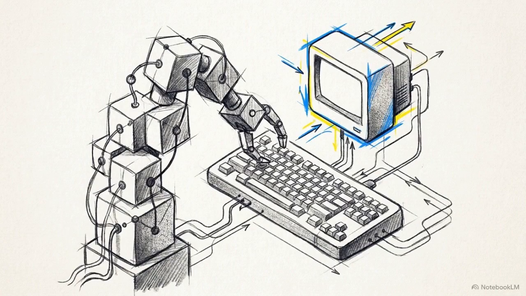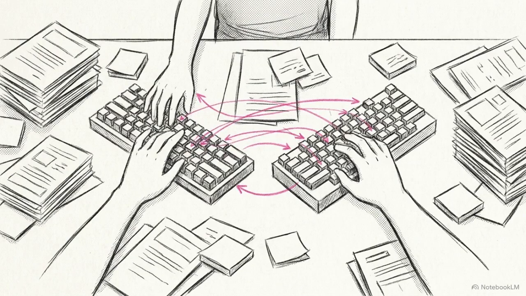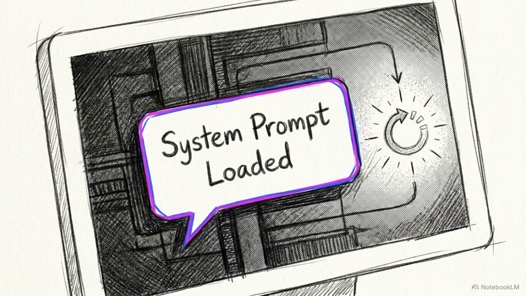Modern AI coding assistants operate exactly like that worker. In computer science, we call this statelessness. Every time you open a new chat window or switch to a different computer, the AI starts with absolute zero memory of your previous session. To compensate, you have to spend 5 to 15 minutes copying code, pasting it into a new window, and re-explaining the rules of your project just to get the AI up to speed.